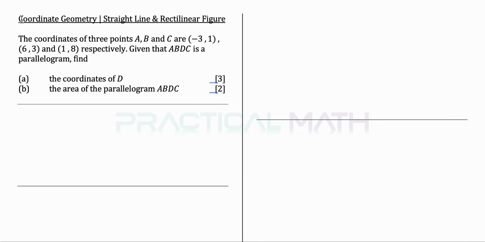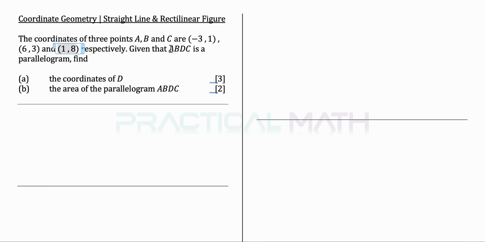In this video, we'll be discussing coordinate geometry pertaining to the section straight line and rectilinear figure. The question goes: the coordinates of 3 points A, B, and C are (-3, 1), (6, 3), and (1, 8)